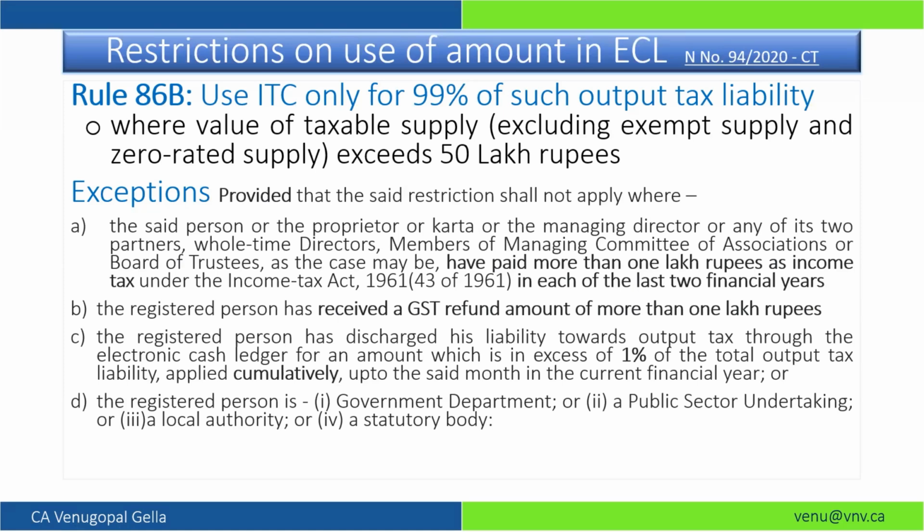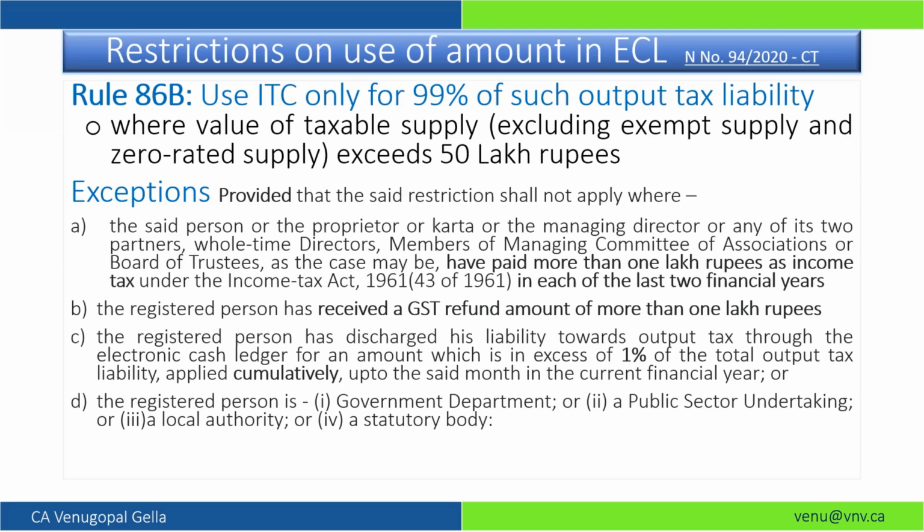Another is restriction on use of amount in the electronic credit ledger. It has been provided that you can't use more than 99% of your output tax liability to pay with ITC. Now, this restriction is as of now not automated on the GST portal. It is now on a self-assessment basis. So you have to make sure